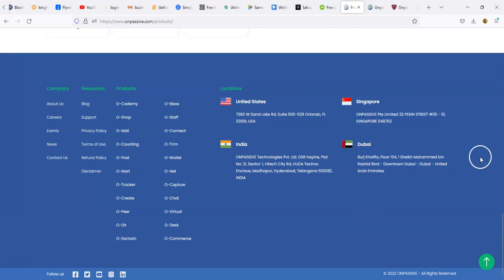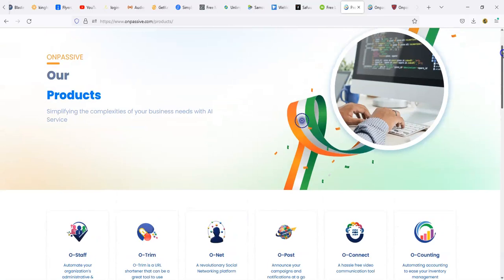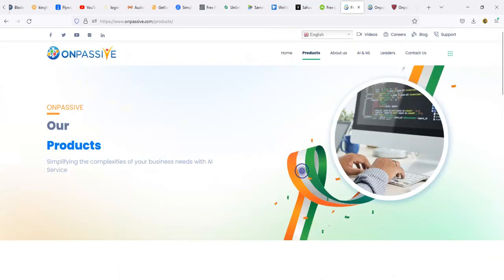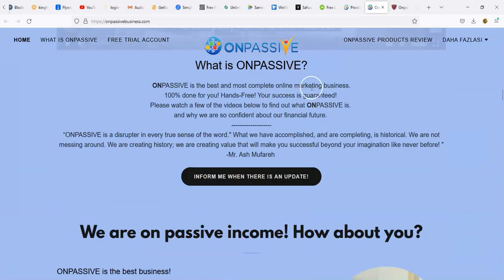So they're already launching. That's why you heard them say in the original video, OMV, over market value. I think I just butchered that. OMV, over market value. That's what he said. And that's when you launch a company. Before that company even starts, you already are projected to be valued more than what the company's worth. Now let's get back to this site so I don't stay on this site for another hour. What is Onpassive? Onpassive is the best and most complete online marketing business, 100% done for you, as you heard me say a minute ago.